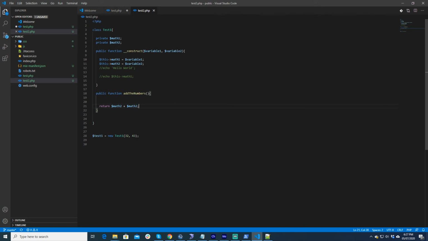So if I do this, let's say test2 equals test1, because this is now an object, and I can call within the object this, add the numbers. So what it does now is that it executes this method and assigns it to this variable over here. So if I want to echo that,